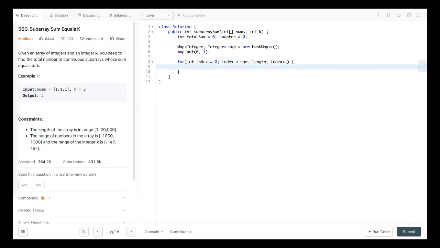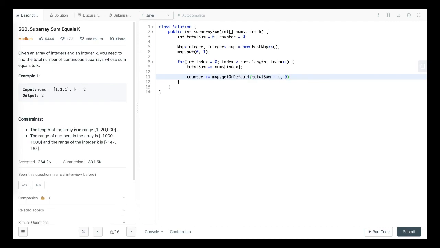So I have to go to each and every element inside my array and make the condition. Initially I need to add my total sum with the current element, sums of index. Then I need to increment the counter if at all I found an element inside my map with total sum minus k. So I'll do that this way: counter plus equal to map.getOrDefault(total sum minus k).